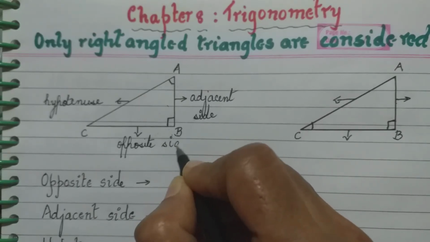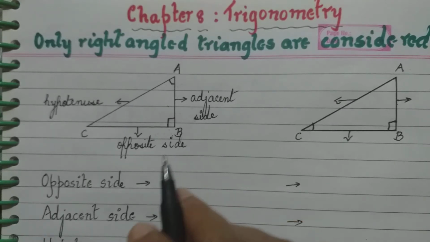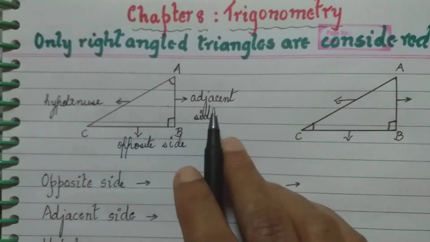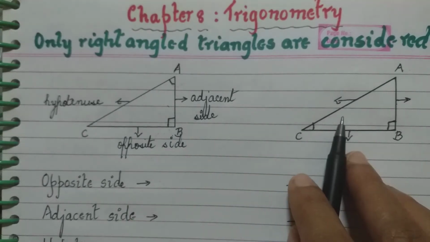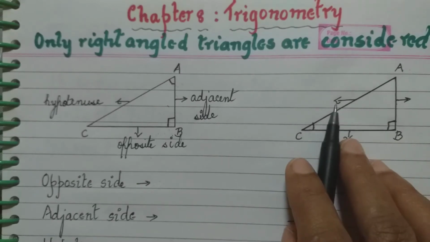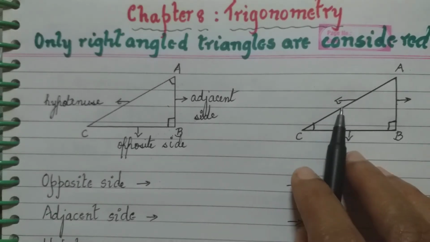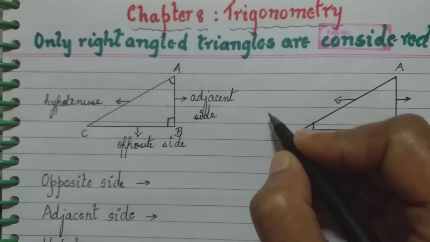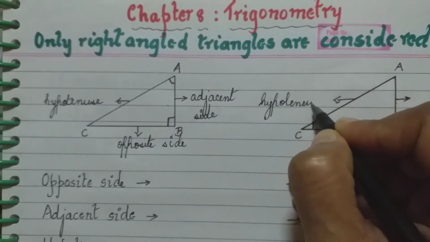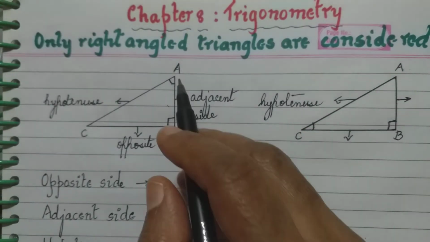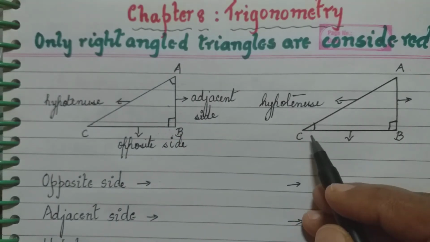So whenever we have a right angled triangle and we have to write the trigonometric ratios, first we identify which is the hypotenuse, which is the adjacent side and which is the opposite side. Same thing we do for this triangle now. First we go to the hypotenuse. Hypotenuse does not change. The side opposite to the right angle B, that is side AC, is the hypotenuse. Now we look at the acute angle here. Here the acute angle was angle A. Here the acute angle is angle C.